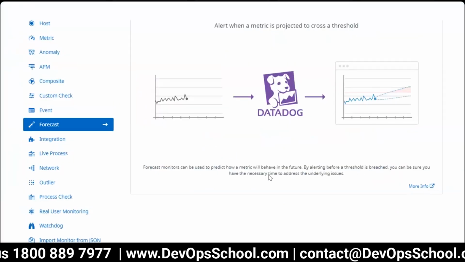Okay. Forecasting. Again, this is based on mathematical formulas. Powered by Datadog, a forecast monitor can be used to predict how a metric will behave in the future based on the past. By alerting before a threshold is breached, you can be sure you have the necessary time to address the underlying issues. So here in this case, let's say from the last 1 year, every month